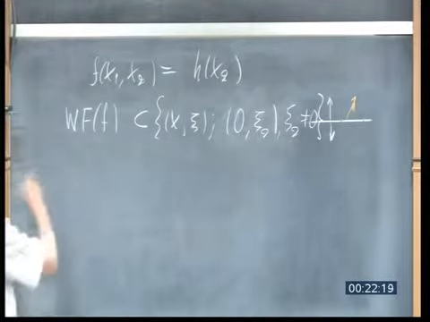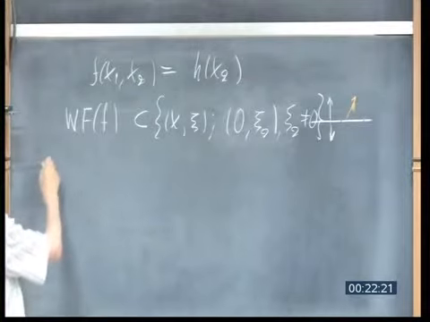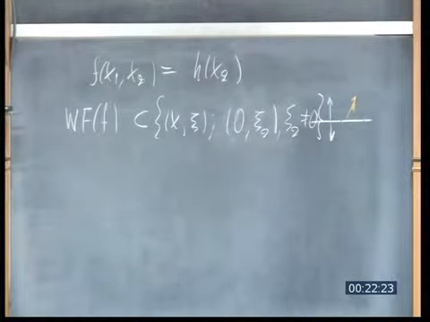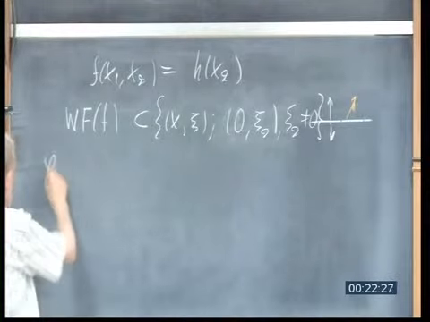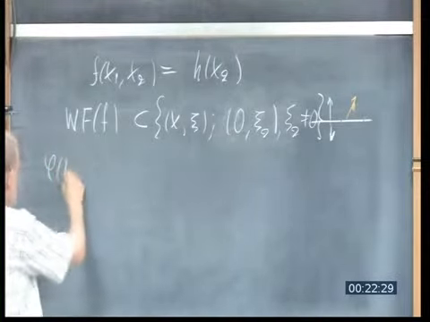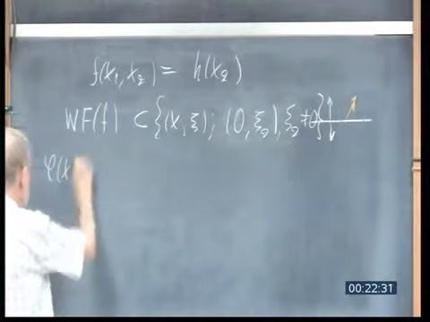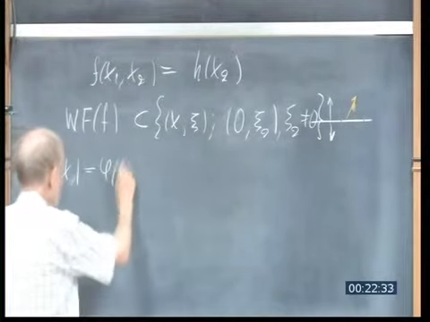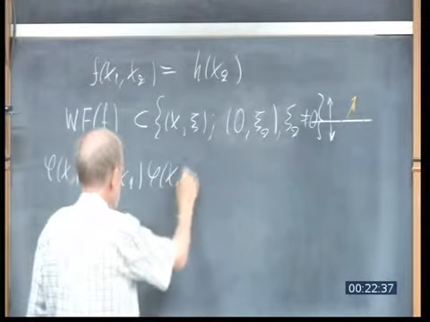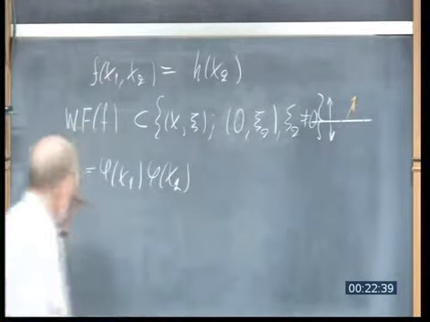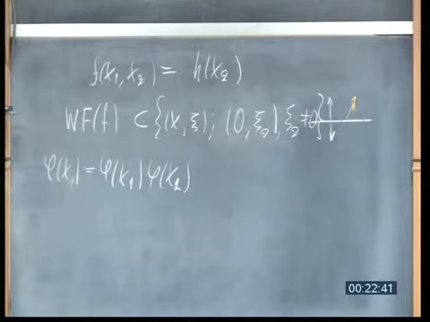By choosing the cutoff function phi in the definition as a function of two variables, I mean, as a product of one function of x1 and one of x2,